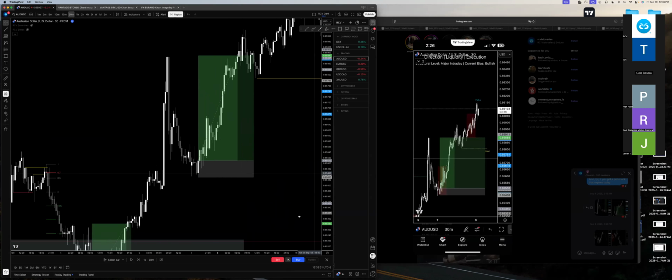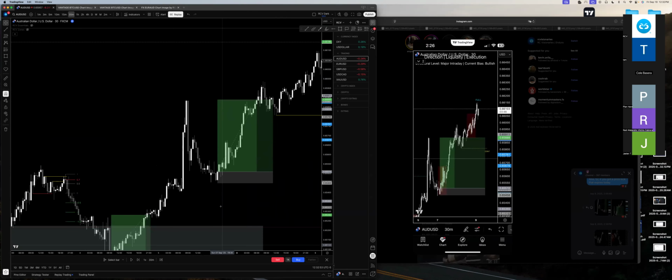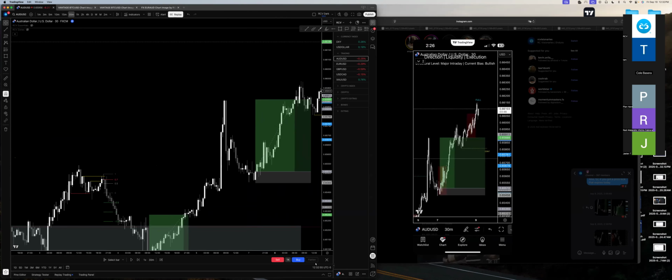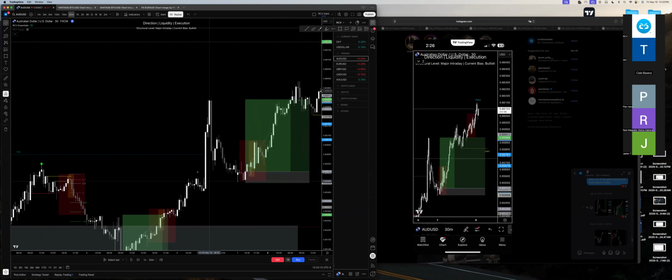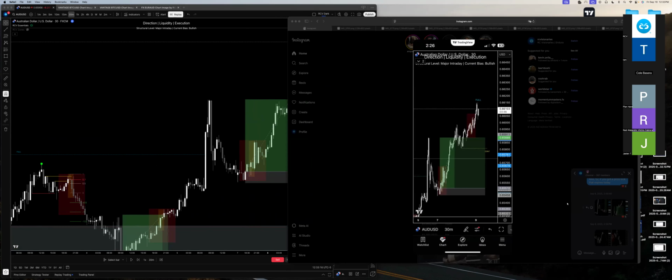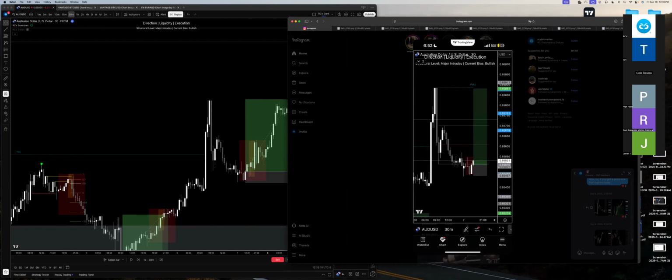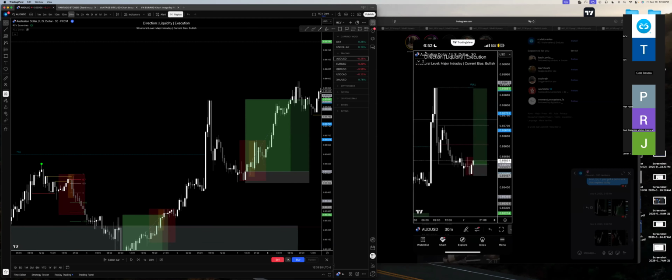Especially in a trending market, these do happen very, very back to back. And the reason for that is just because I like to trade based on CBOS continuation, right? Direction, liquidity, execution. This is also pretty much right next to my kill zone. So when it's in my kill zone, I have an implied sweep, I have a continuation, then it just makes sense for me to take this execution. I'm going to take this for you guys.